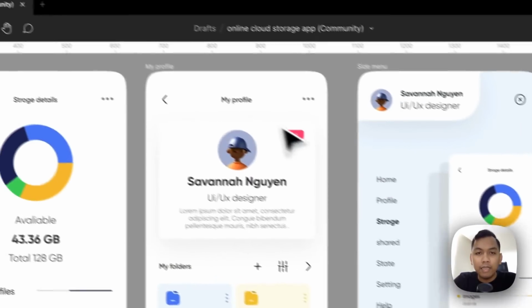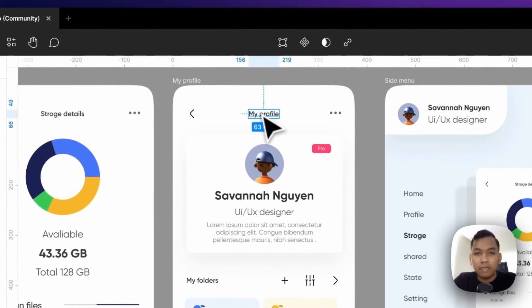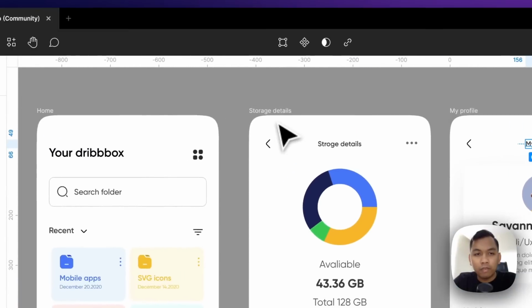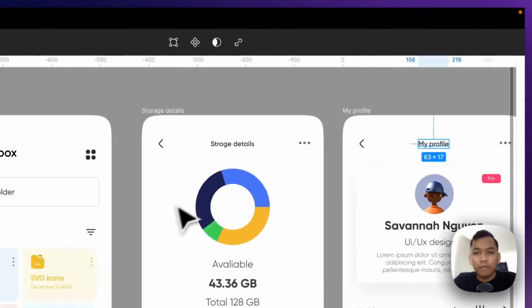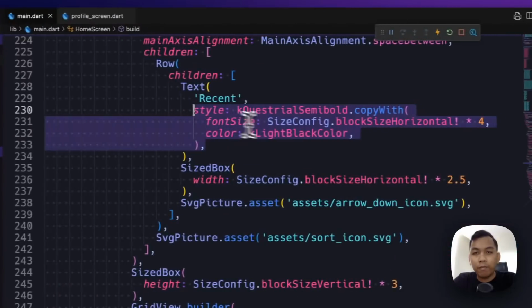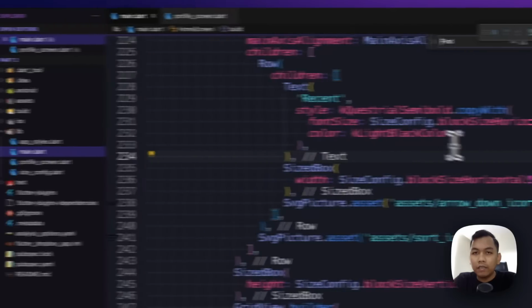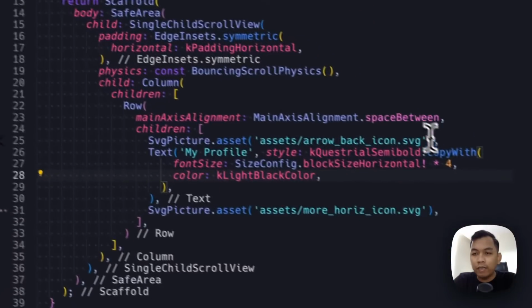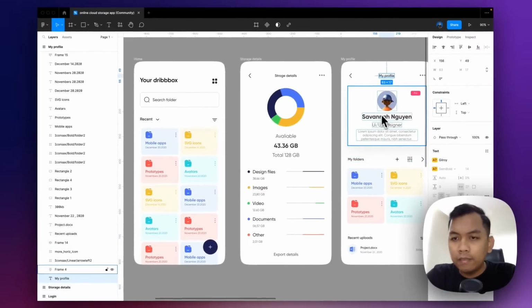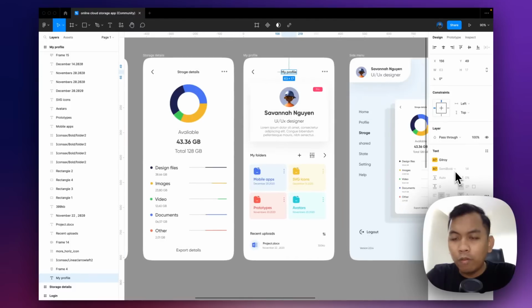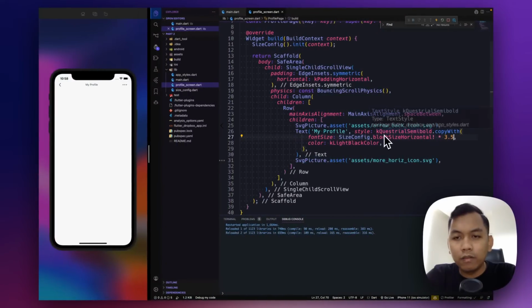And let's check the size. The size is around 14. So let's check from main. So it will be around 3.5, and the font weight will be semi-bold.